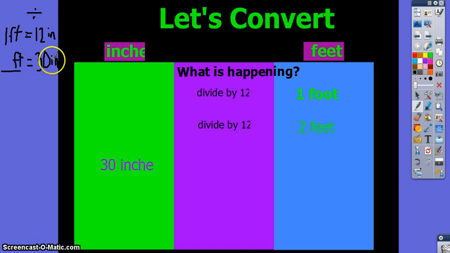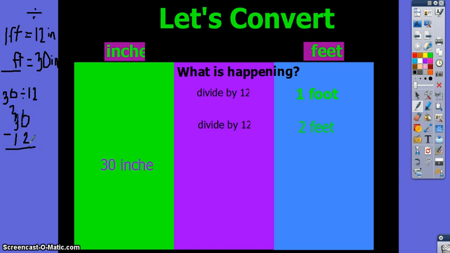Okay, well, I'm not very good at dividing 30 by 12, but that's what you have to do. You have 30, and you want to divide by 12. Okay, well, since I'm not very good at that, I'm going to do repeated subtraction. So 30 minus 12 equals,